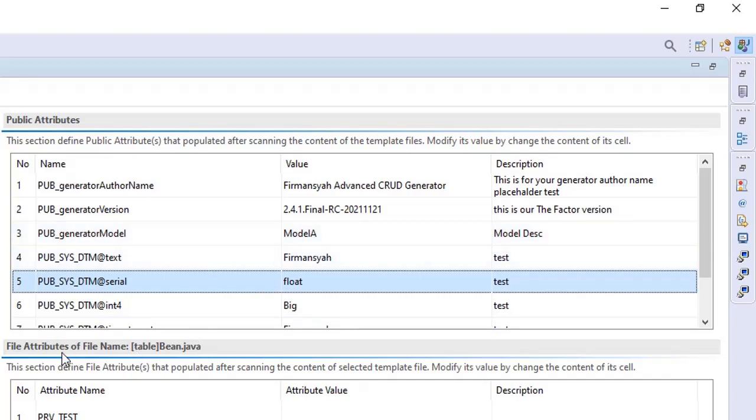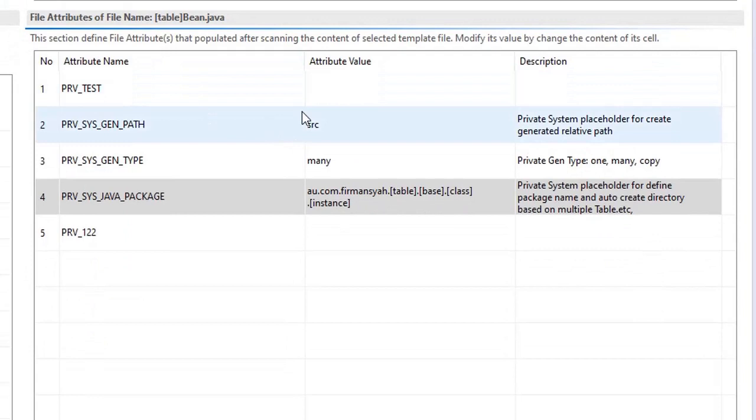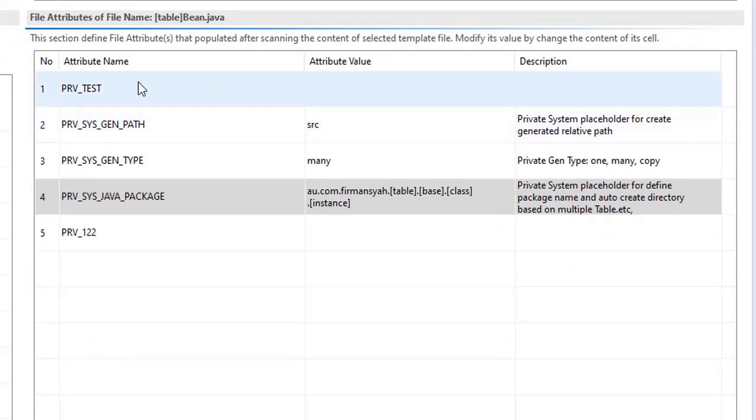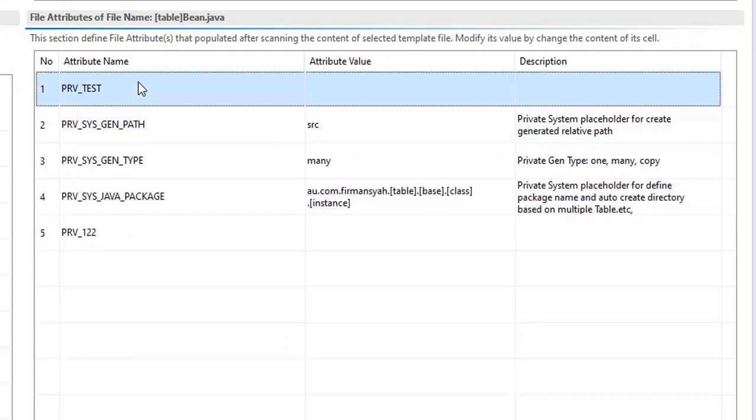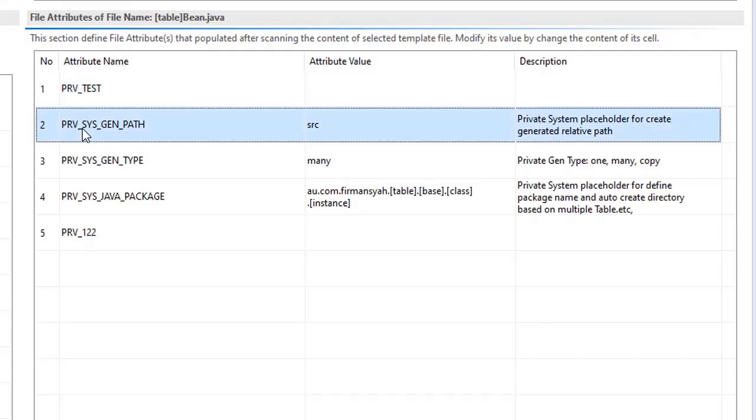Similar to the file attribute, we have two types of private attribute: the ones defined by the user, like this one, PRV underscore test, and specific private system attributes that only the generator understands and handles with special logic.